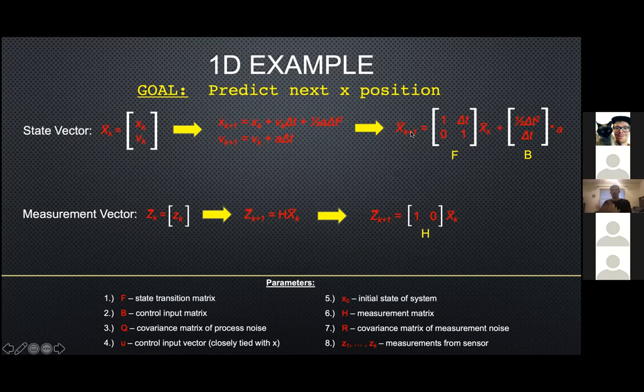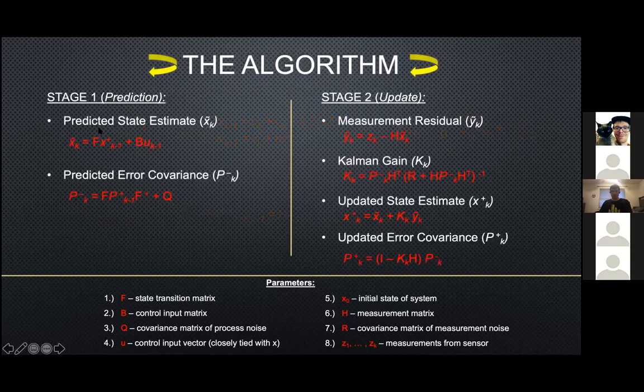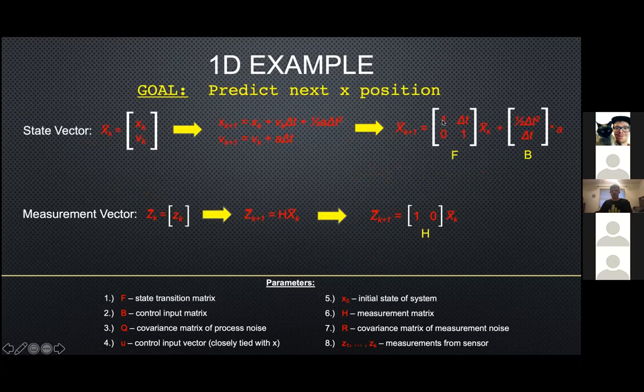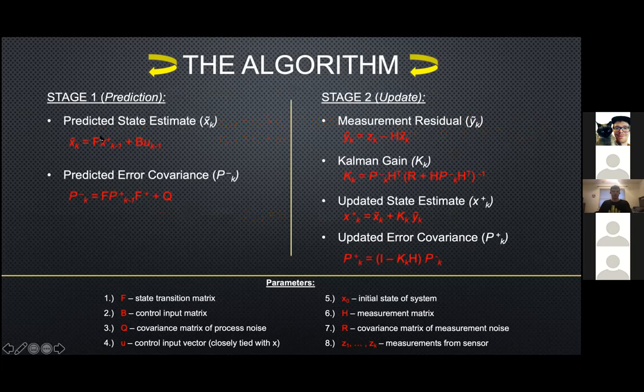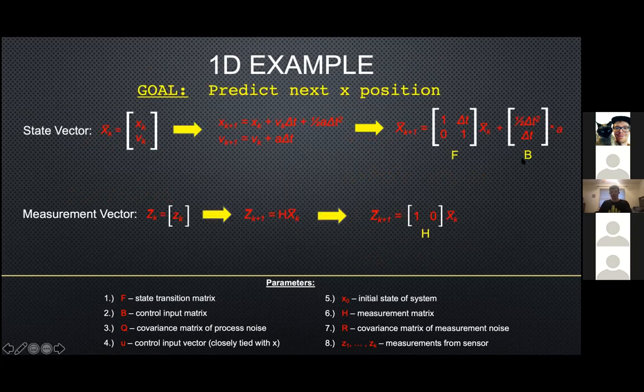X of K plus 1, which is your new prediction, is this equation. Okay, so this is the first step in the model. So you're basically just going to take in this, and for those of you taking linear algebra or something like that, or know anything about matrix math, F times X of K plus this times A, this whole equation just equals these two equations. Okay, so it would end up being the same thing, but you're just breaking it down so that you have it in the form of this equation. So this will be your F, this will be your B,